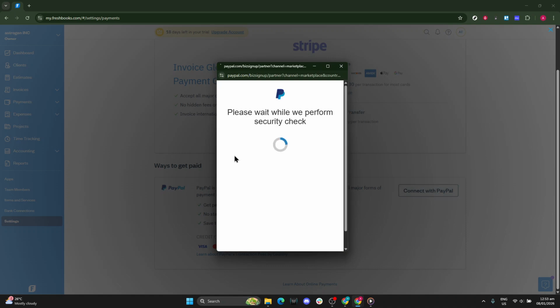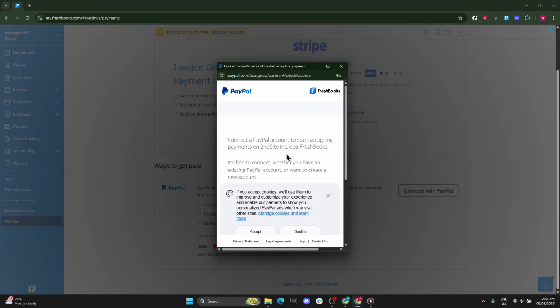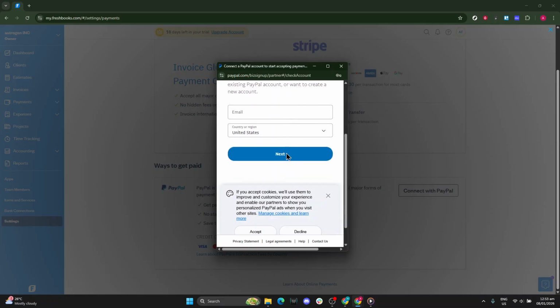After clicking Connect with PayPal, you'll be prompted to type your email. Enter the email address that is associated with your PayPal account. This is important because the payments you receive will route to the PayPal account linked to the email you provide. Take a moment to double check for typos and make sure you're using the correct address. If you have multiple PayPal emails, choose the one you actively use for business transactions to keep everything consistent and